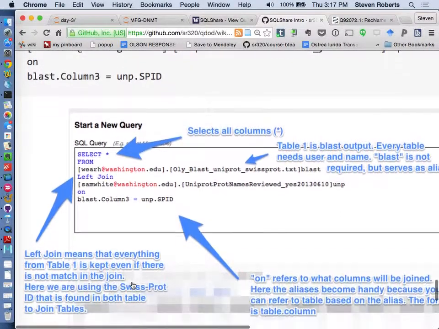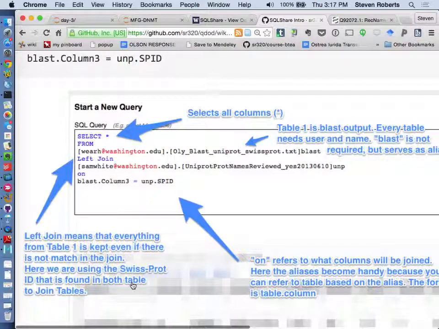This is in that page. This is me explaining what everything does in text. This selects all columns. This is the class output. Writing class here is not required, but serves as a shortcut. Left join means that everything from table 1 is kept, even if there is not a match in the join. Okay. On refers to what column will be joined. On this equals that. Okay, so